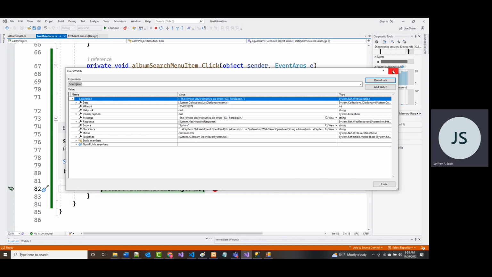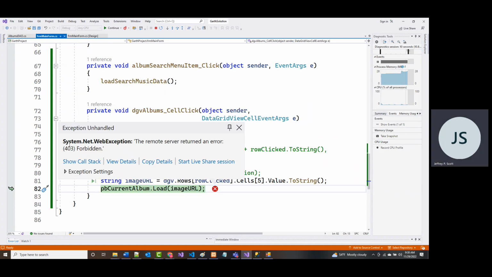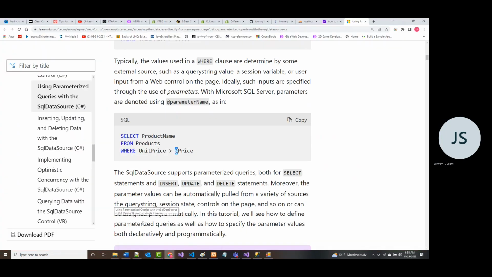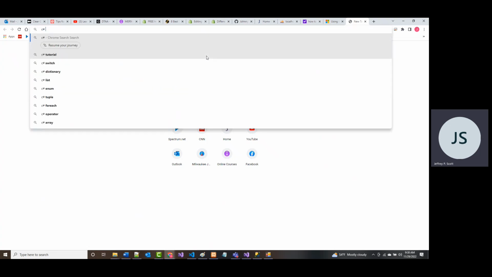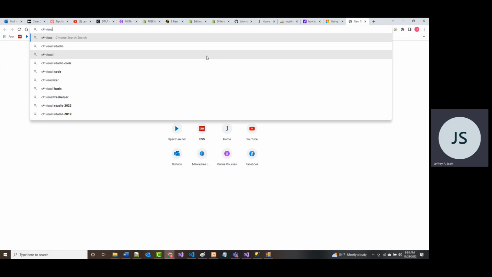Let me try that again. I'm going to grab this, and we're going to try to see if we can debug this. All right. So let me come back to here. I don't know if that's a C# error or a Visual Studio error, but I'm going to say here, try them both. C# Visual Studio error.